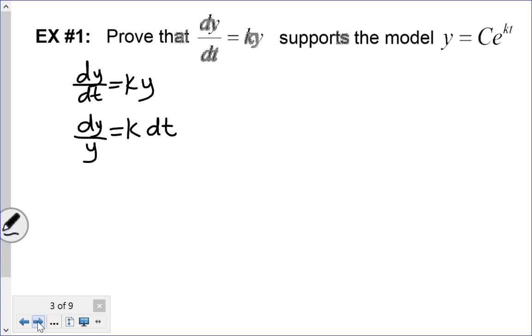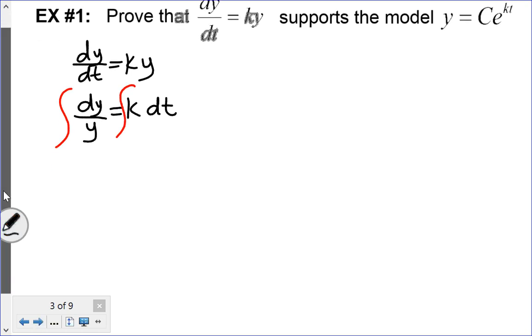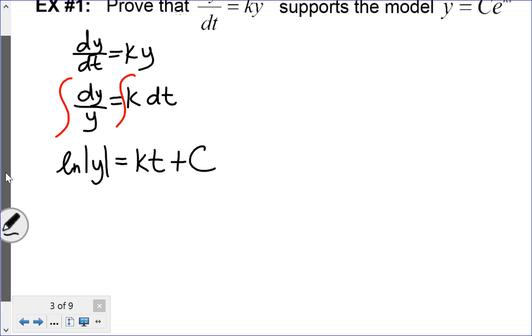So we need to integrate both sides. Remember, after we've separated the variables, we want to integrate both sides. So the integral of dy over y is going to be ln of the absolute value of y, and it's going to equal kt, because it's a constant, plus c. Now we're going to go ahead and